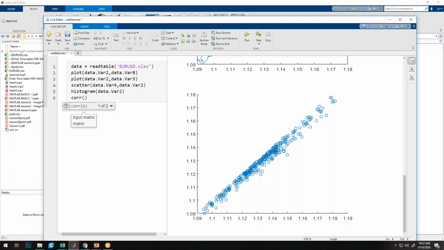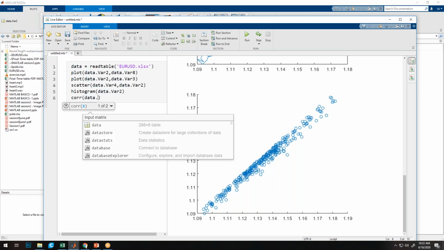I want to find out the correlation between the data in column 2 and the data in column 3. Or if somebody has medical data, like height versus blood pressure or body weight or body mass index, and all these data are arranged and you want to find out if there is any correlation between blood pressure and height, that also you can find out. So we'll take this example and see what the value signifies here.